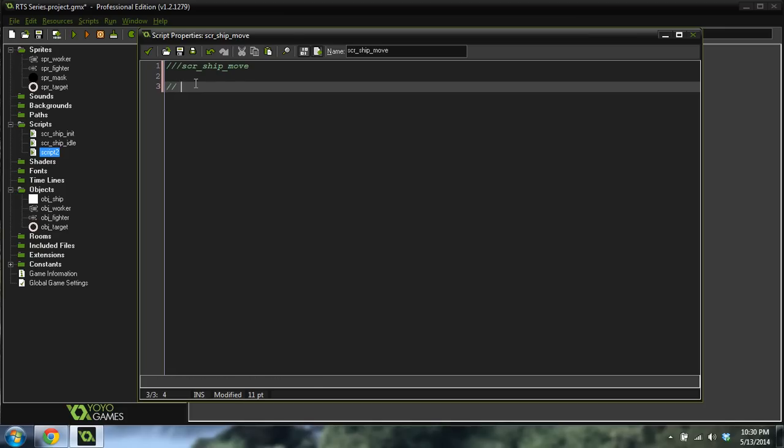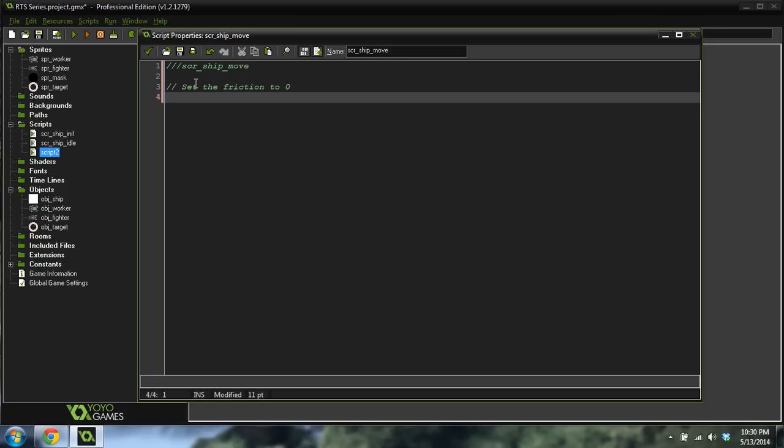So set the friction to 0. I know that's kind of redundant putting a comment like that, but for newer people it's useful to have comments like that, and that's why I usually do them in my tutorial videos. So friction equals 0. And why are we setting friction to 0? Well, our acceleration is actually 0.5, so if our acceleration is 0.5 and our friction is 0.5, they're going to cancel each other out and the ship won't move. So I just like to alternate setting friction to 0, setting it back on when we're not moving,